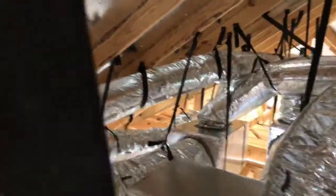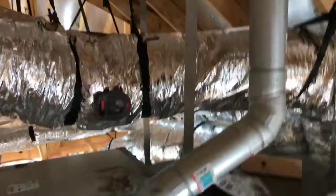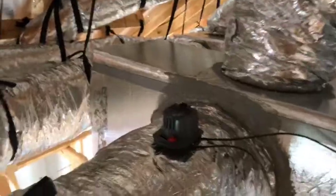So again, this install doesn't look bad other than the maze of ductwork. One thing I will say, this is a 1-inch filter frame. So we have this big house, all these bedrooms, all these rooms, all tied to a single unit with an absolute maze of ductwork, subplenums, because all of this equipment's in the second floor attic. You'll see all the zone dampers here,